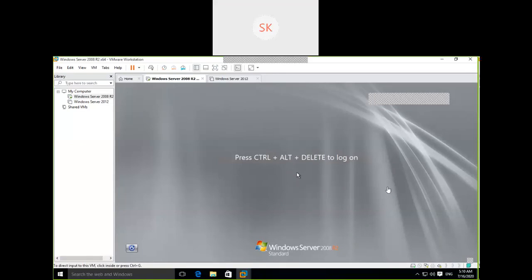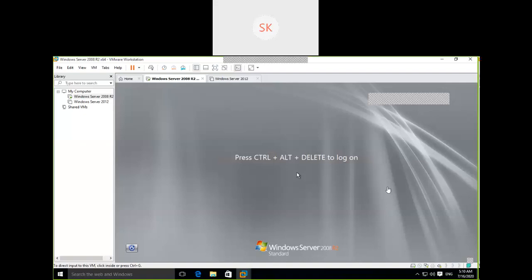Why are we installing a server? To serve client requests. The server is meant to serve multiple users' access. If the network is not working, there is no meaning in configuring the server. So the first thing we need to check is whether the network driver is available or not. What network? The NIC card, the network adapter. Is it available on the server, and is the driver installed properly? That's what we are going to check.